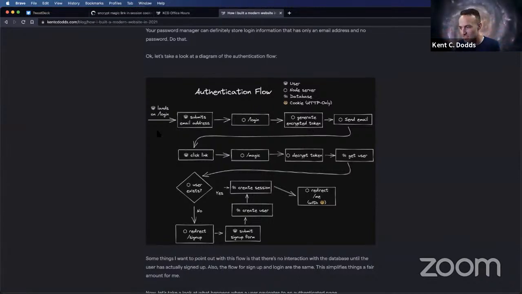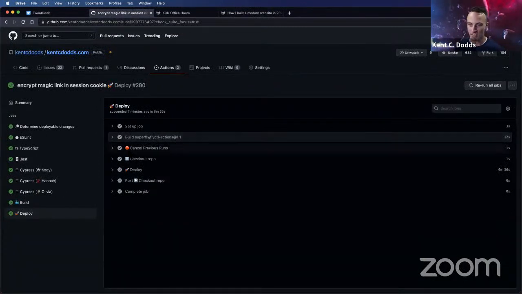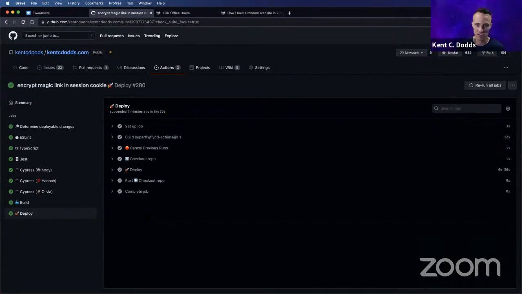You'd have to break into my server and execute code within my server environment, because I believe that Fly also encrypts environment variables. I don't know exactly how it works, but anyway, that fix was deployed, and that's what delayed our Office Hours this morning. They told me about that with like 5 minutes to go, and I got it fixed in just like 2 minutes. The fix itself is actually really simple.